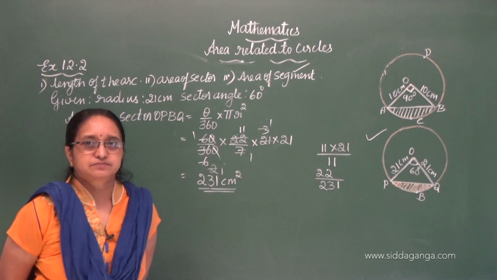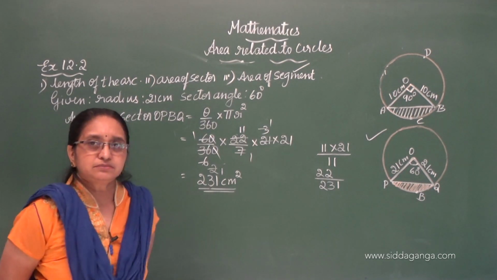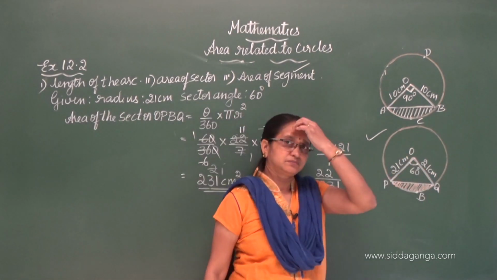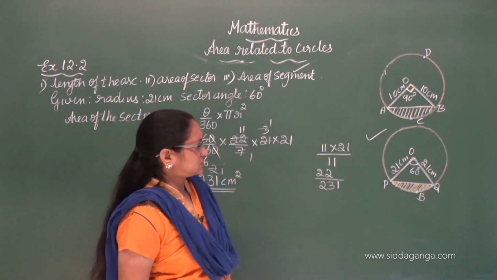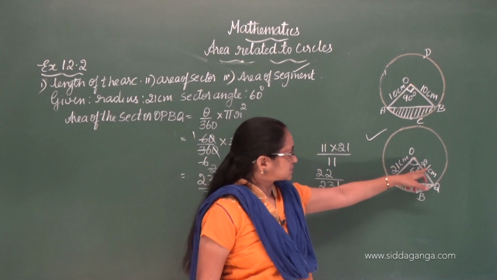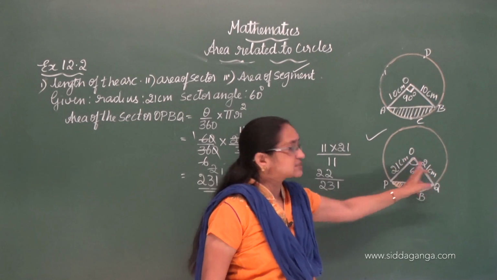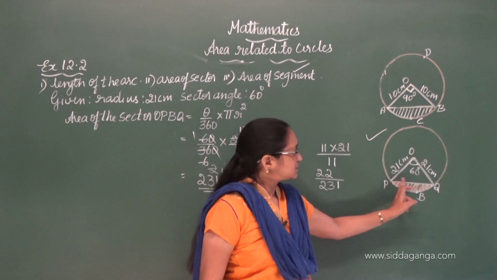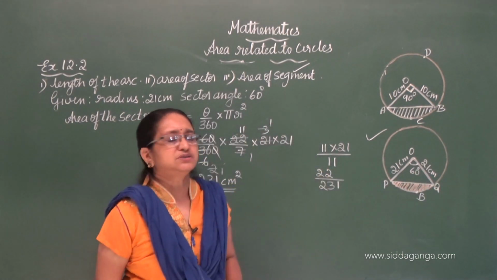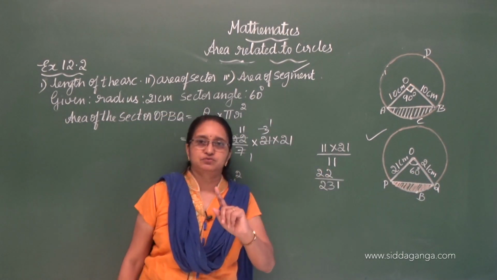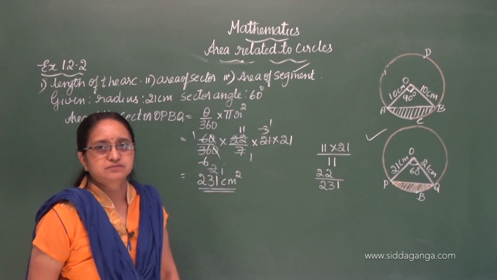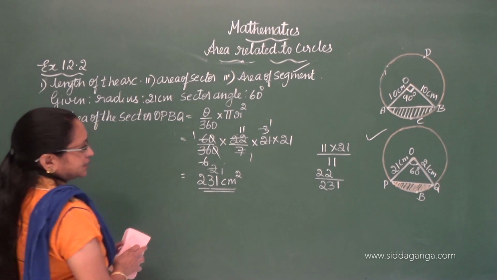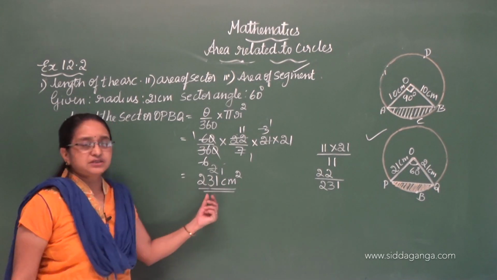Area of the segment. In the previous sum I had told you, and observe carefully here, it is 60 degree. Since the two sides are equal, definitely the angles opposite to the sides will be equal. So with this concept I think we can apply the formula to find out the area of the equilateral triangle. Okay, so that will be mentioned here.